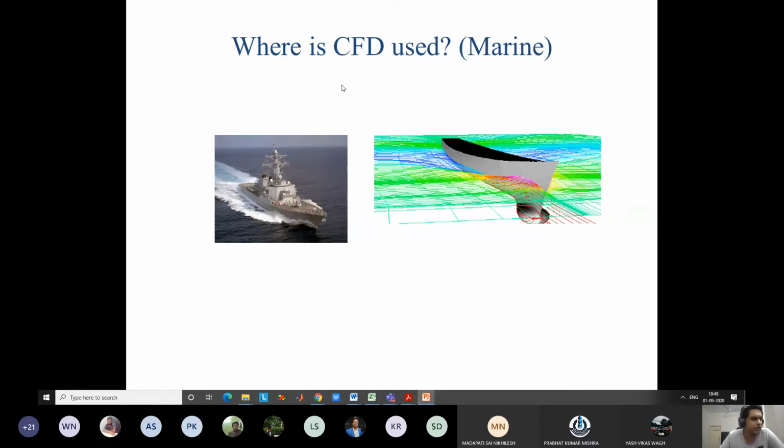Some other areas which we don't traditionally encounter, but where research is going on, are, say for example, marine applications. Okay, large scale ships. So what is the hydrodynamics around the ships? That is also important, because these military ships can actually travel at quite large speeds. You will be surprised to see that large scale aircraft carriers can also travel at 60 km/h, which is a very high speed. But the drag is so high, so the design has to be very optimized.